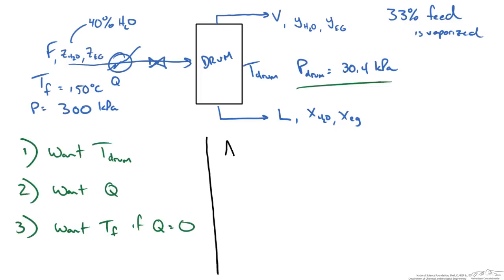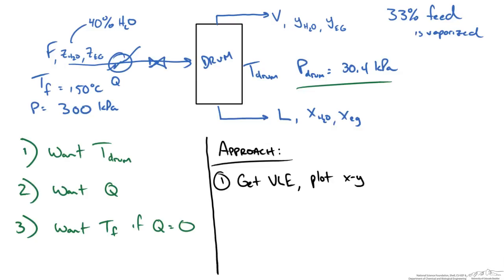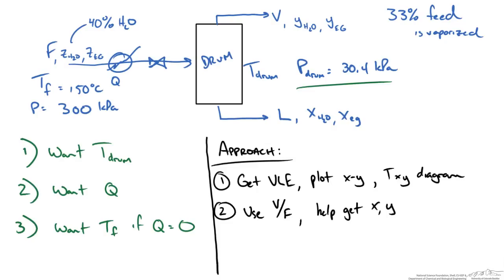So let's write out our approach to solving this problem. The first thing is to get our vapor-liquid equilibrium information for the species and plot an XY as well as a TXY diagram. We're going to utilize what we know. In this case, we know our fraction of the feed that's vaporized. This is going to help get our mole fraction in liquid and vapor streams, which will give us